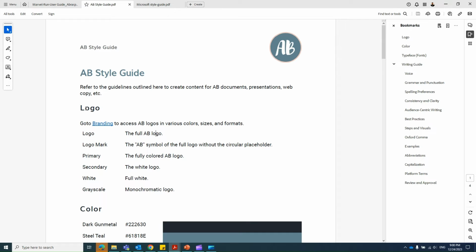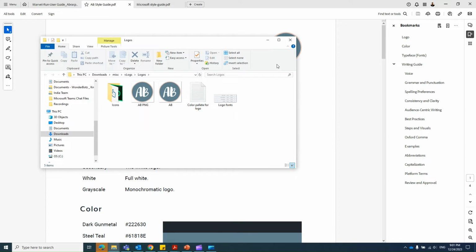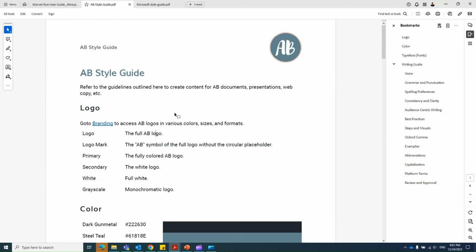And just a reminder here, all the style guides that I've shown you, I will provide the links for you if you want to know more about Chicago style or Microsoft or AP. If you look at logo, what kind of content do you need to have here? First, yes, logo is a PNG. I could have easily used the images right here, but that's not the best way. It is preferred that you provide a resource link here. When you click on the link, direct your reader to those logos so they can use that in their documentation